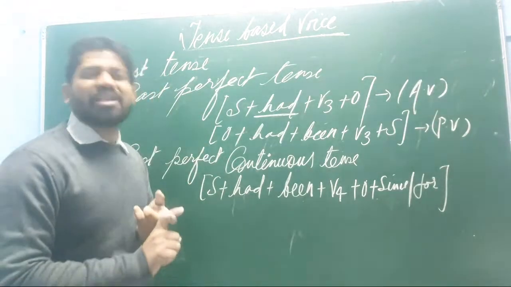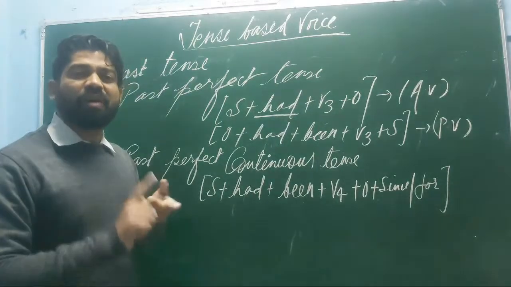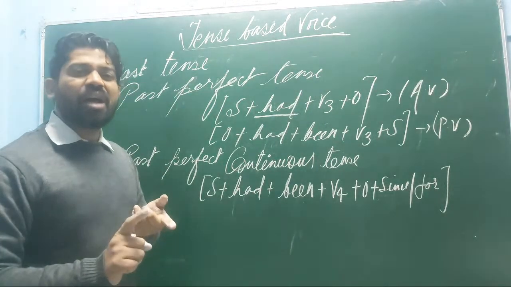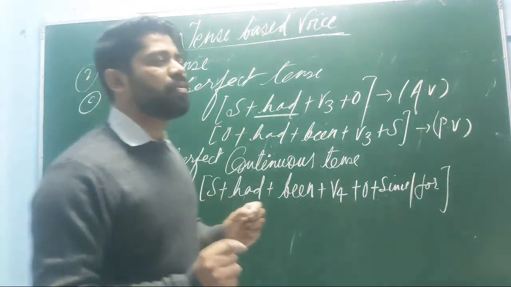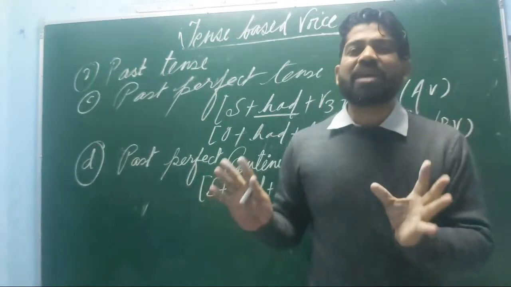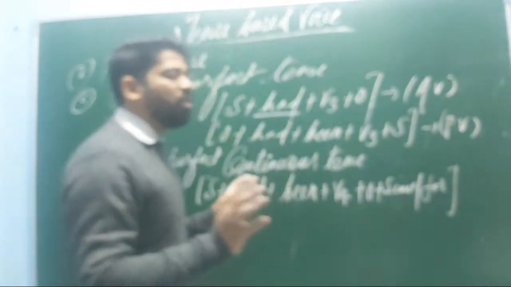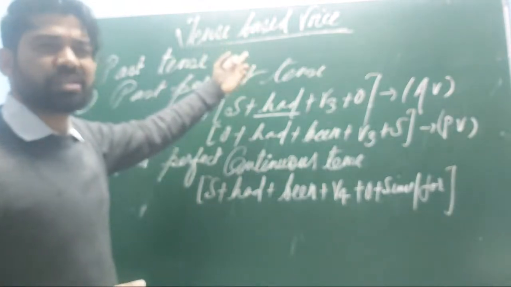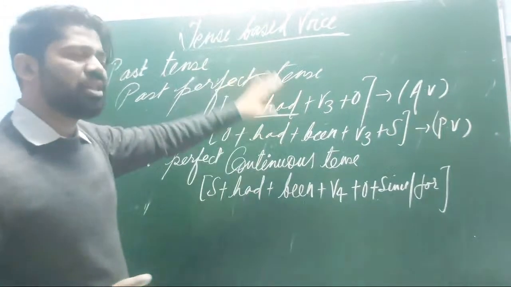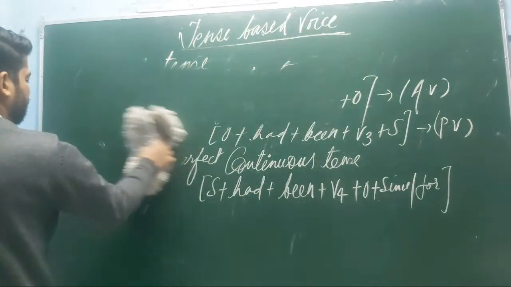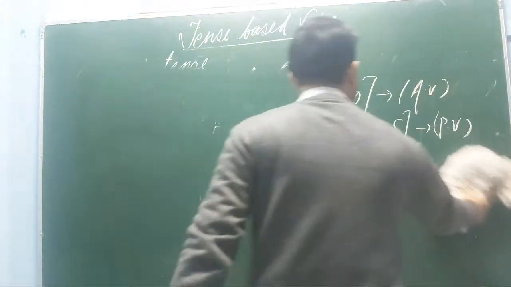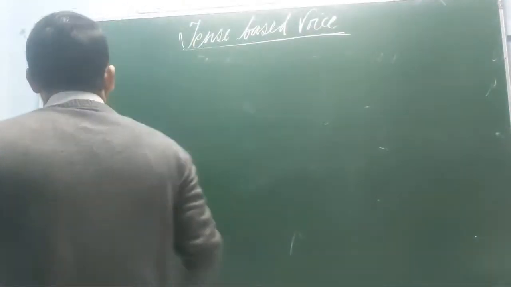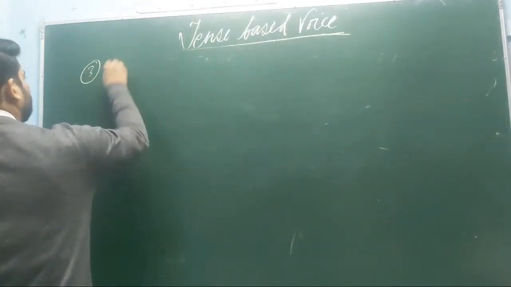Now only one thing is left in our hand, all the four forms of the future tense. After discussing all the four forms of the last tense, the future tense, we will be able to complete the tense portion, and this will be a full revision of tense based voice, that is, tense along with voice. Now without taking much time and without any further delay, we are going to discuss the last form of the tense, that is the future tense, and all the different forms of the future tense we will discuss here.